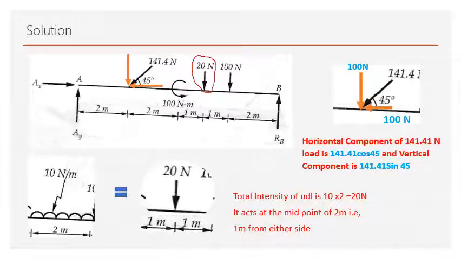So replace all the forces by their equivalent or components and show the other forces as they are. The 100 Newton meter couple is there, the 100 Newton point load is there. Show all the forces along with the support reactions. This is the free body diagram. So please observe here and in the previous problem. In the coming problems, I am not showing in detail how we convert the UDL or UVL into equivalent point loads. I am directly showing the free body diagram.